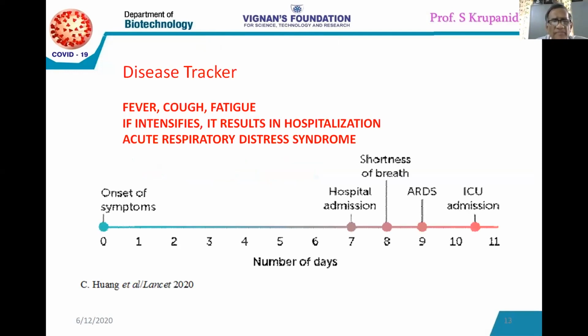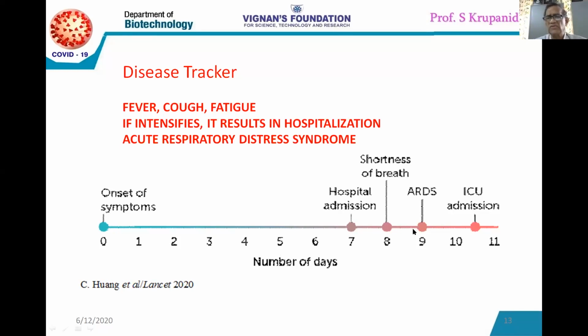Now, disease tracker. So here, this coronavirus, as has been shown on regular TV and all that. If you are infected on the initial day, we have to keep waiting till the 7th day to get it confirmed that it is a coronavirus infection, COVID-19 infection. Otherwise, we may get regular fever, malarial fever, some other fevers, or a normal influenza infection, so they should not be confused with this coronavirus. Okay. So on the 7th day, there will be shortness of breath. If anyone among our neighbors feels that there is shortness of breath, we have to suspect that it is because of the coronavirus infection.